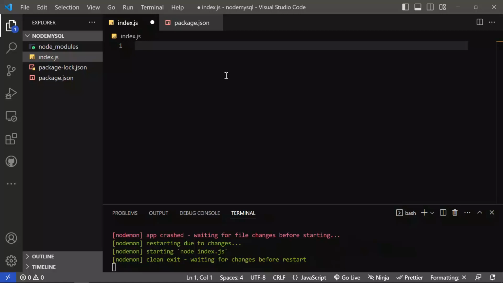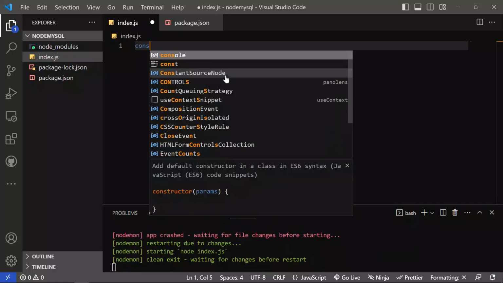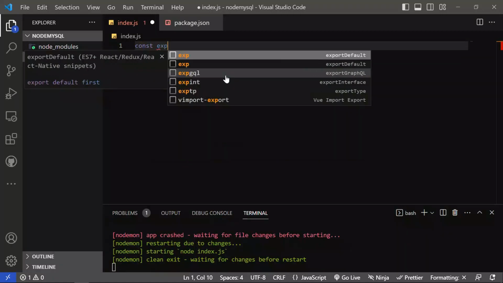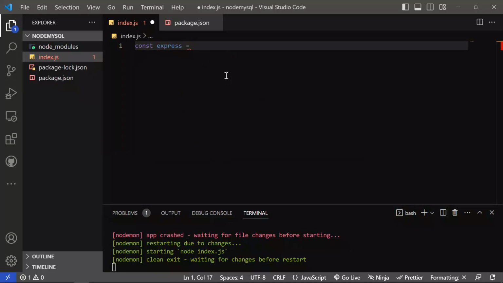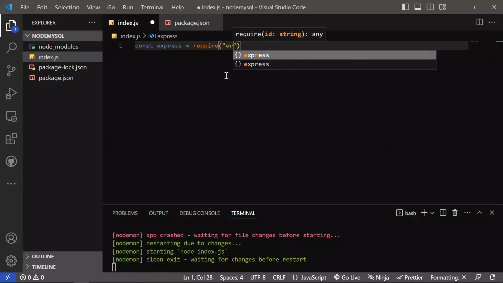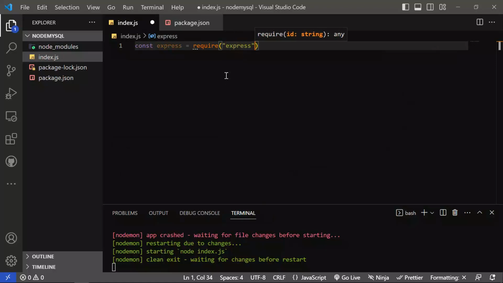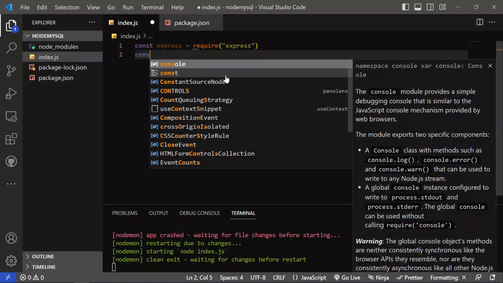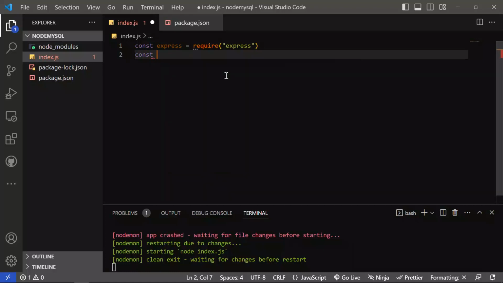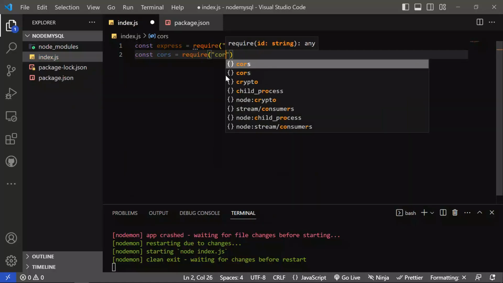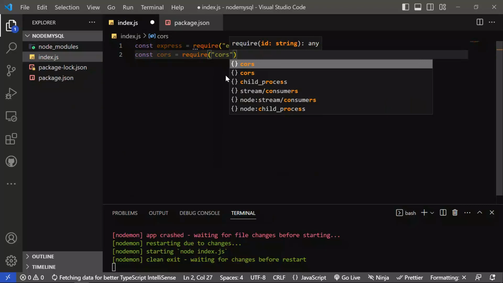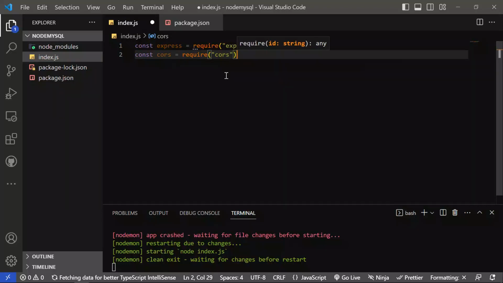So what I'm going to do now is import express. Express is equal to, it has been long since I did this. Let me just try if I can remember. Require express. I'll bring everything I need. Const, what again do I need? I need const cors is equal to require cors. This cors helps. Maybe you want to send something from the front end, so it does not block your